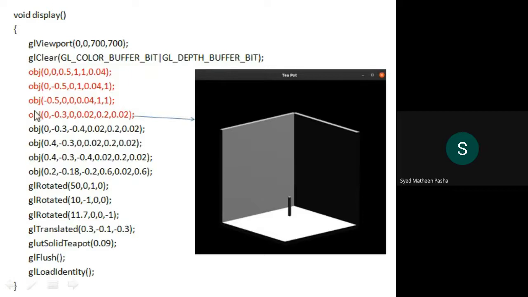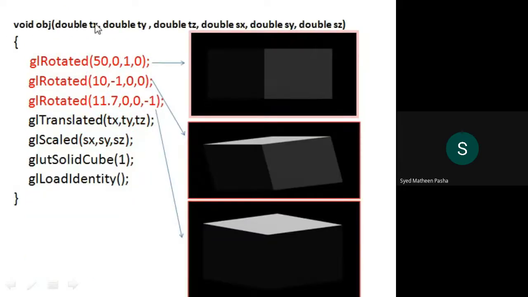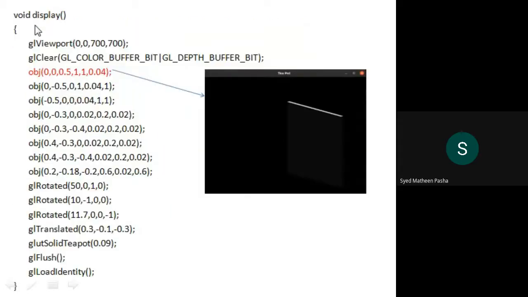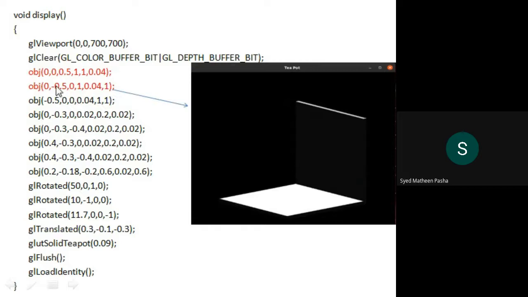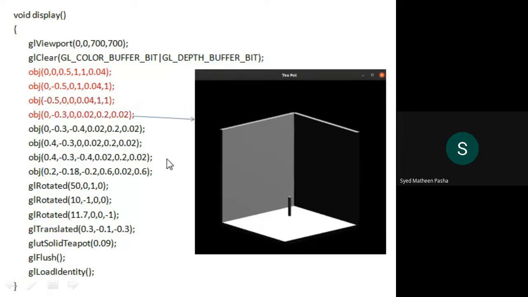Then finally, with a similar object, if you want to refer to this object function which is being given here, you can check out just these functionalities. Check out the parameters given. Whenever this is being called in the display function, that wall keeps on building up. Similarly for the second and third, the wall is now being drawn with respect to these four parameters. Now I want to draw the table legs.